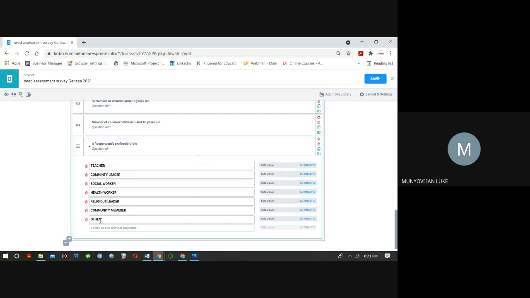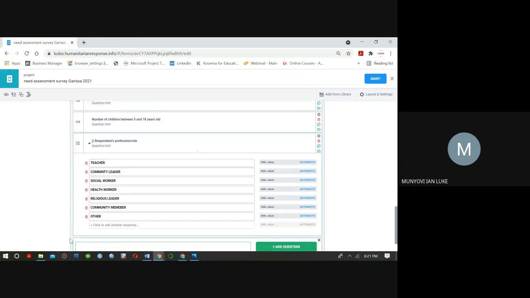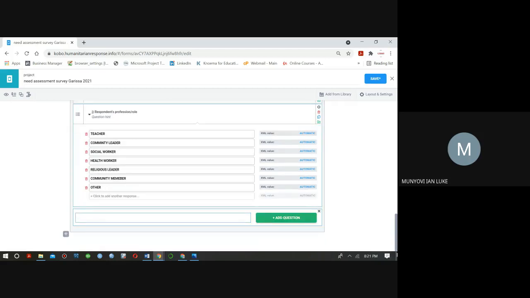So I will add another group called specify, and then I will use skip logic in a way that I will condition my phone or the Android device to always take me to other to specify every time somebody selects other. Okay, so here I'll put the option of other, and then for the next question I'll write there specify.